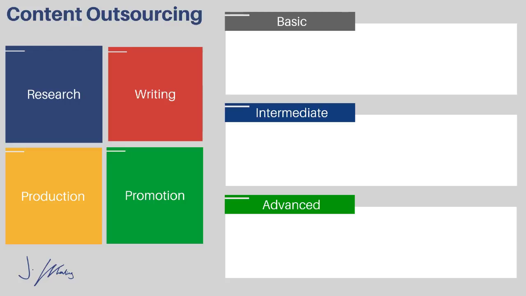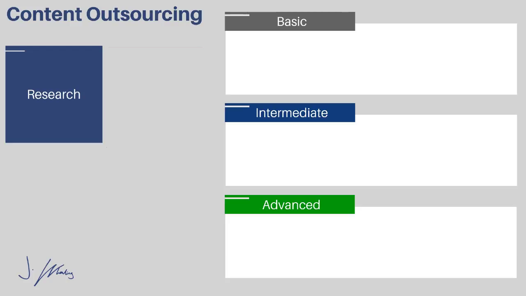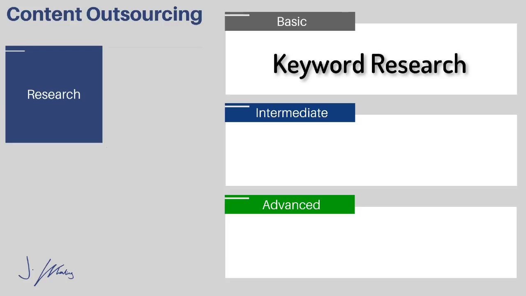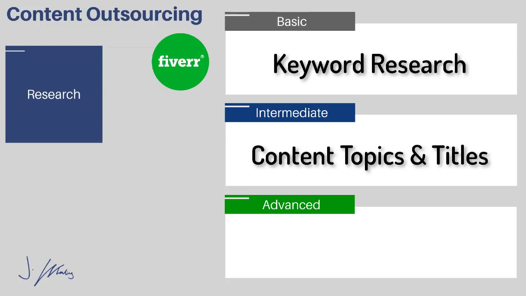content creation process. So first, in the research block, at the most basic level, you can just have someone look up keywords for you. Whether you're doing blog posts or YouTube videos, you can have a person over on Fiverr for $5 to $20 look up keywords for you. Then on an intermediate level, you can find someone to actually come up with blog post topics or come up with titles. This is intermediate because it's going to take a little bit of work to figure out who actually does a good job. Keyword research is relatively basic and it's kind of hard to screw up at this point. But when it comes to topics and titles and blog post subjects, that's a little more advanced.